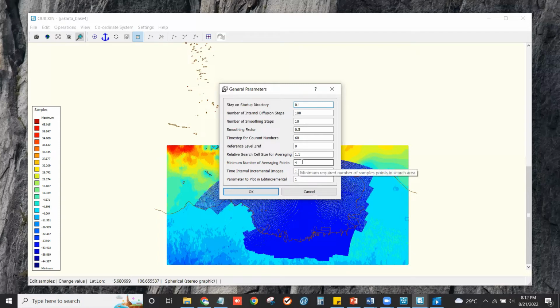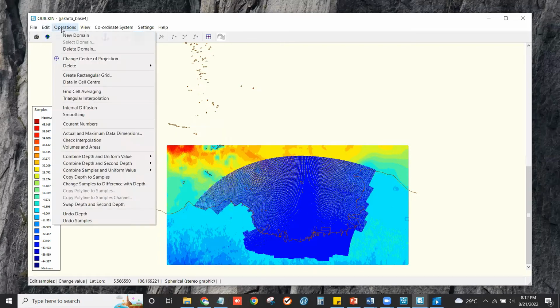If you want a minimum of one value calculated in the grid, fill in one. But in this case, we can try with a value of 4 and a value of 1.